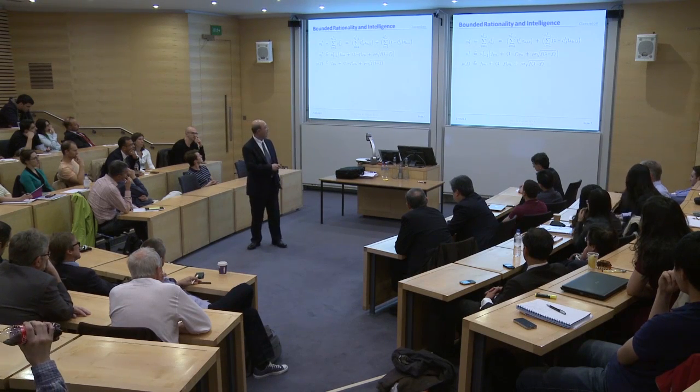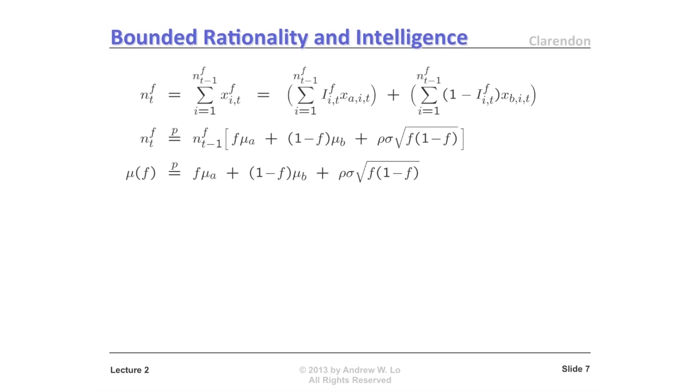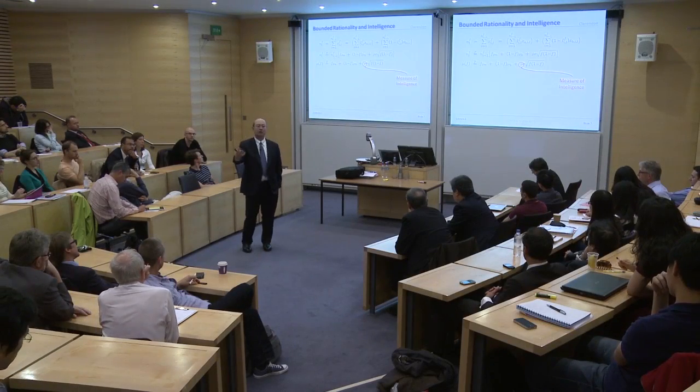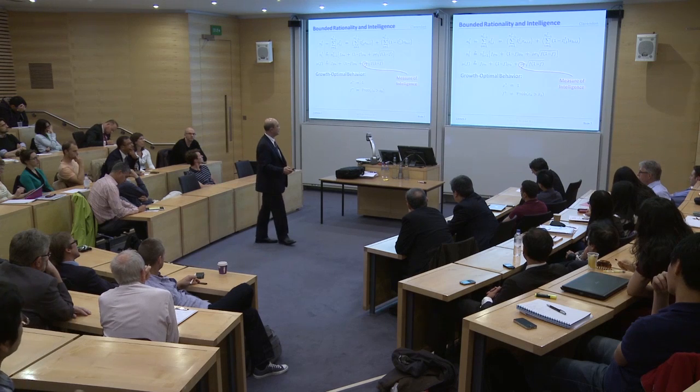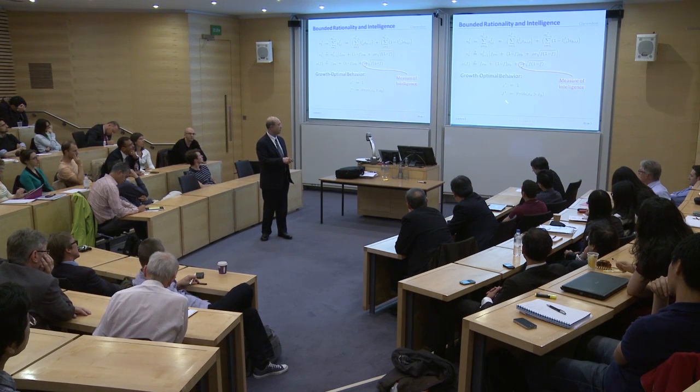Now, if you have an expression that looks like this, you can optimize it as a function of two variables: F, your behavior, and rho, your correlation. And rho is then a measure of intelligence. The bigger the rho, the more intelligent you are, the more ability you have to forecast which of your behaviors will have a good outcome in terms of reproductive success. So if you want to optimize that very simple equation, we have a very simple result.